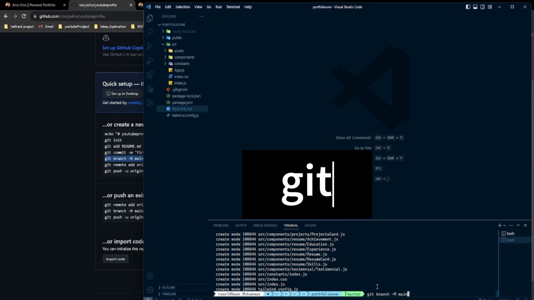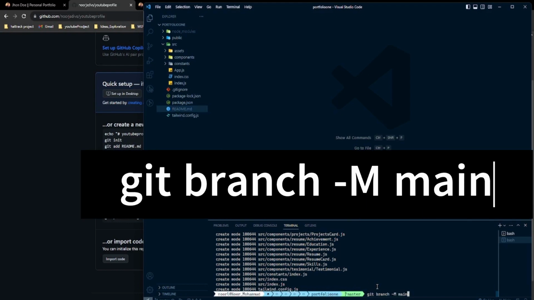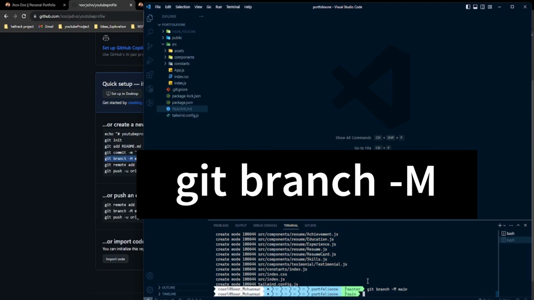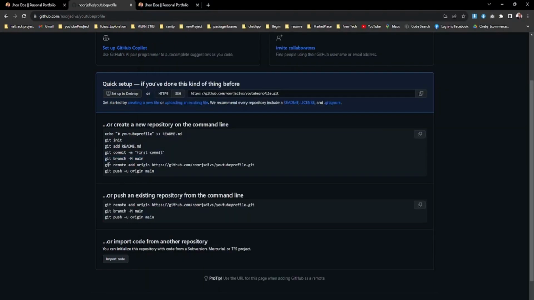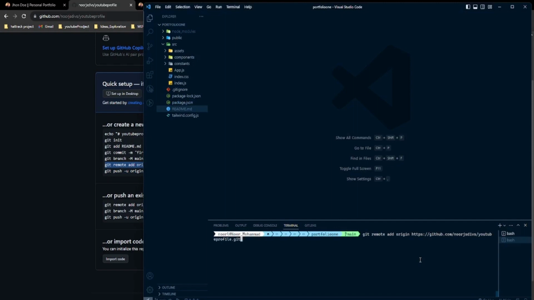So what I'm gonna do, I'm gonna make that git branch -M main, so it will be the main branch here. And now after that, you need to run that git remote, so it will connect that repository with our GitHub project. So let's git remote,